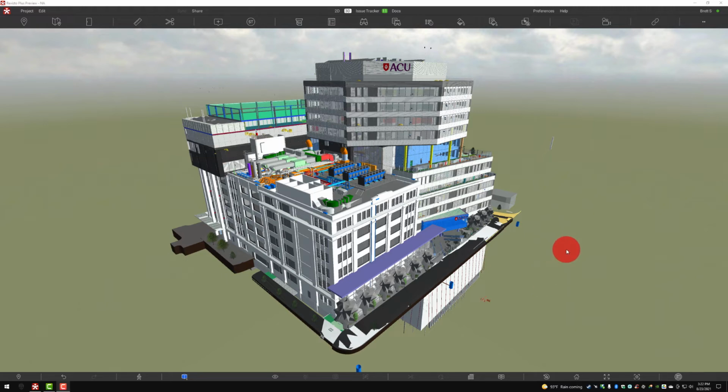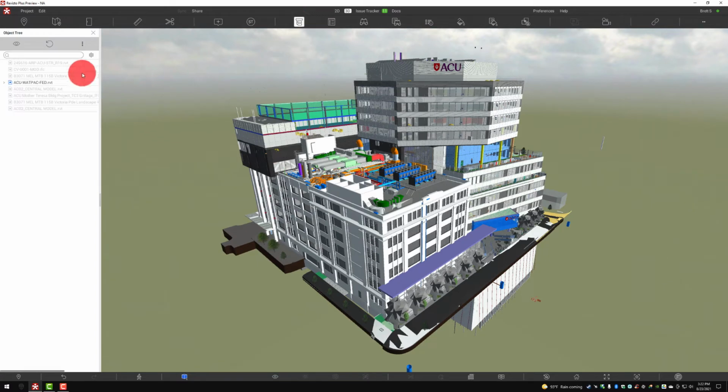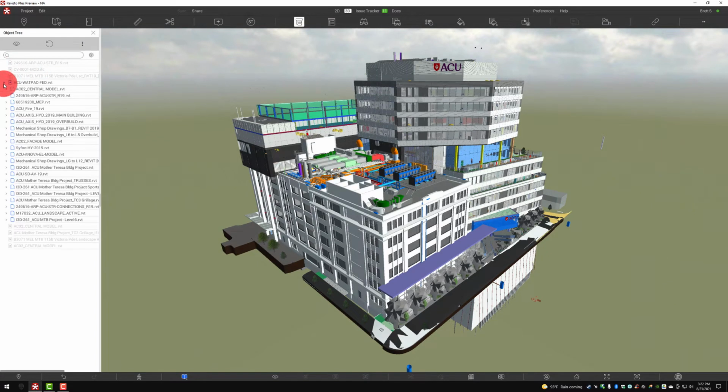So let's talk a little bit about some of the 5.0 advancements that happened prior to the Clash Automation release. Up here you can see that we have the ability to look at our object tree. This was a very big aspect that we needed to tackle prior to Clash Automation to make sure that it would work the way that we had wanted it to. And this is something that users will need to be familiar with before jumping in.